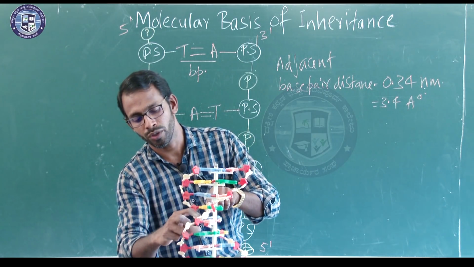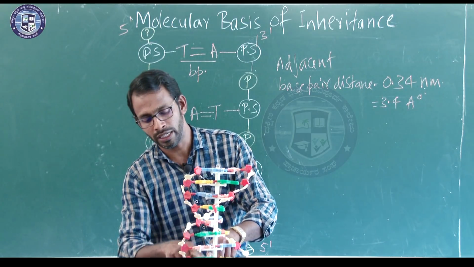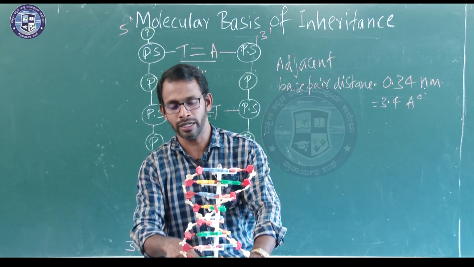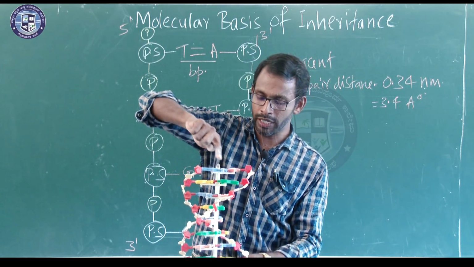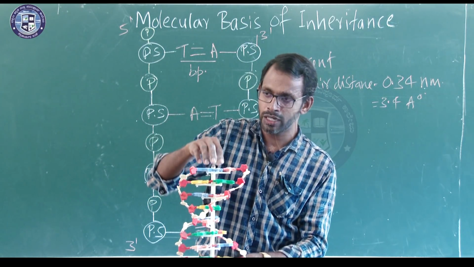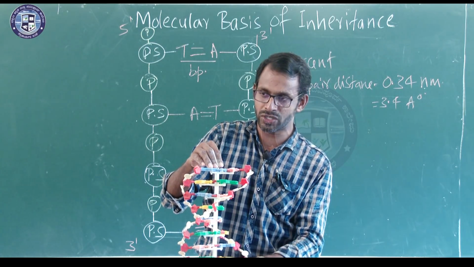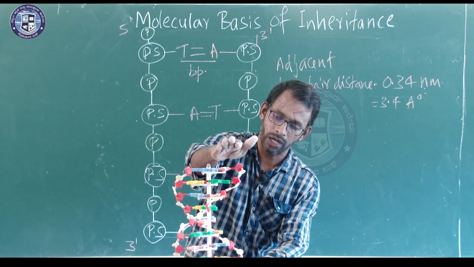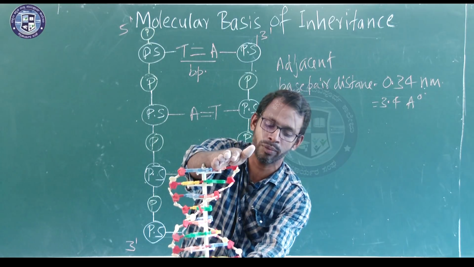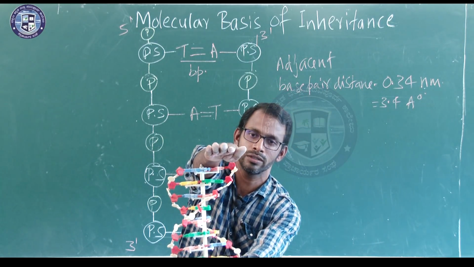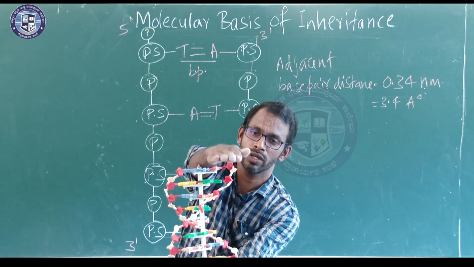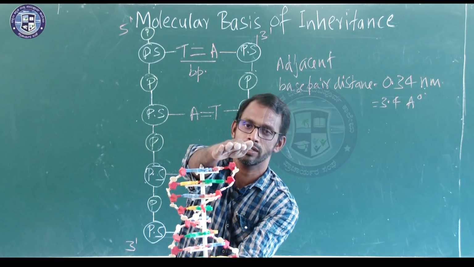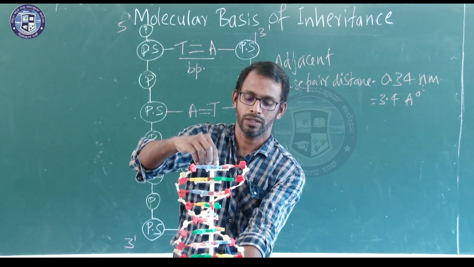3, 4, 5, 6, 7, 8, 9, 10, which completes a complete rotation, a 360 degree rotation, which is called a pitch. That's why the length of one pitch, from here to here, this particular length, this pitch is called, now you see,